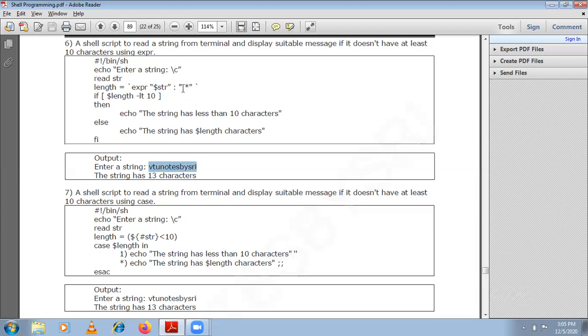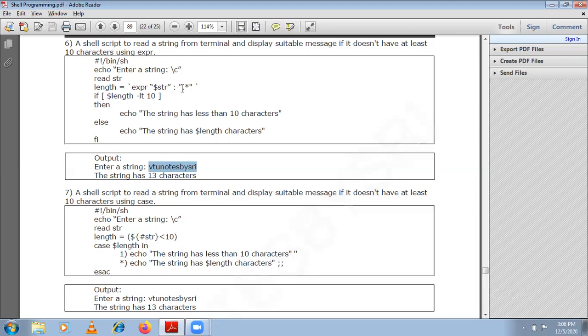Then you are using the pattern which has to be matched: dot star. What does this indicate? Dot means any character, followed by any number of characters. So it will count each of the characters, and all these characters will be counted as 13, which will be stored in the length variable.